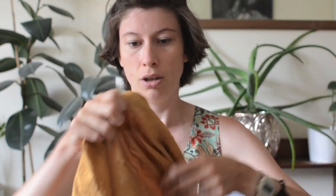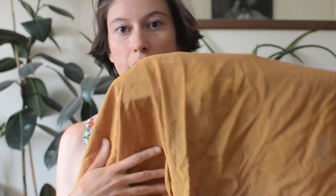And so I thought I would show you one of my projects. So this is some vintage silk. I have a lot of fabric that I've inherited from my mother, my grandmother, my aunt. I come from a family of sewers, and so I have a lot of fabric stash. This is not a very soft silk. It's got quite a crisp feel to it. It's reasonably opaque,